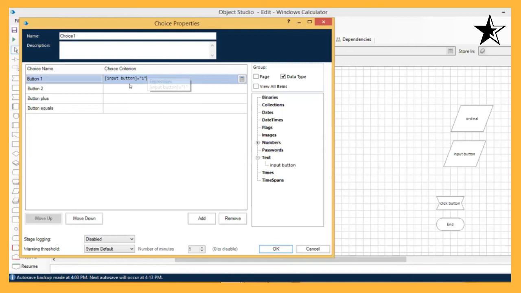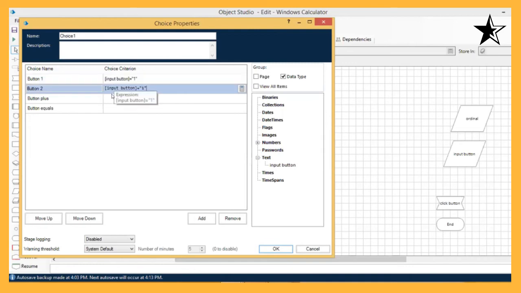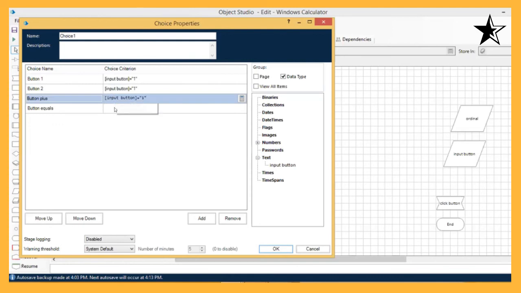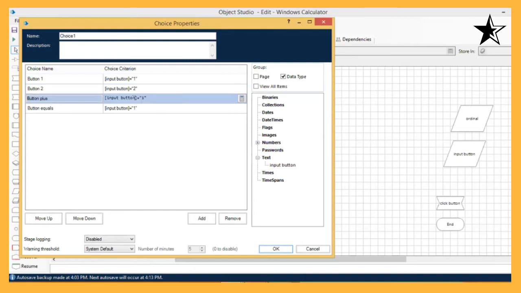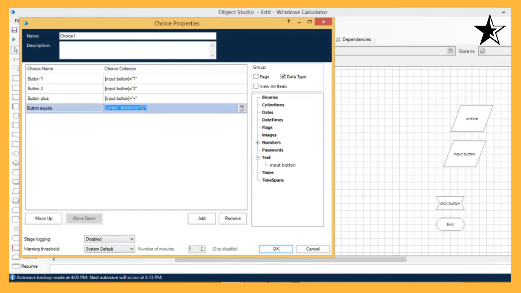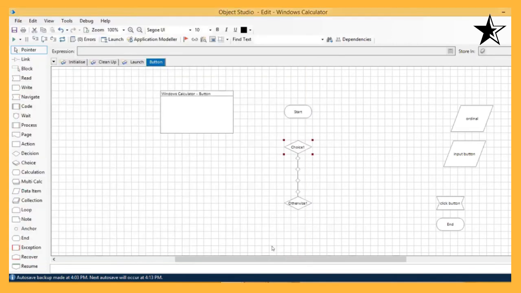Since it is text, I will copy this, Control V, Control V, Control V, and I will change the values only to plus and equal, and I click on OK.